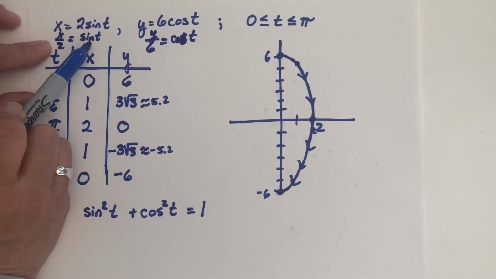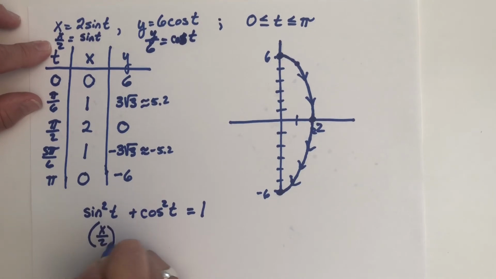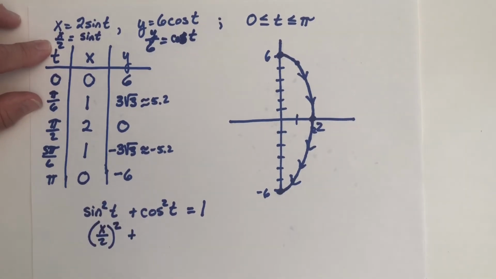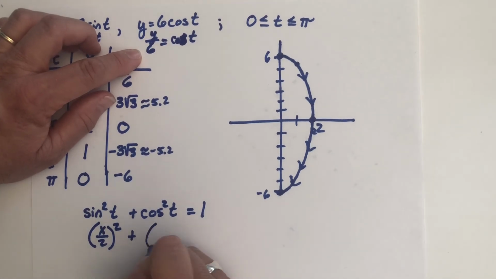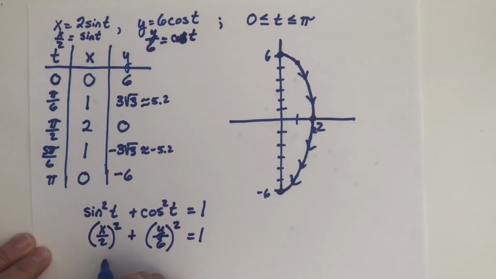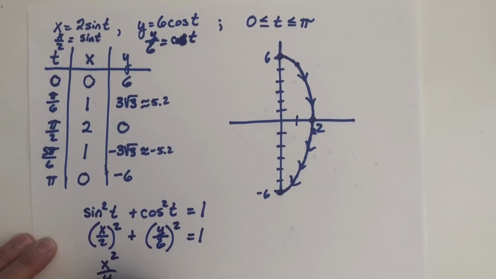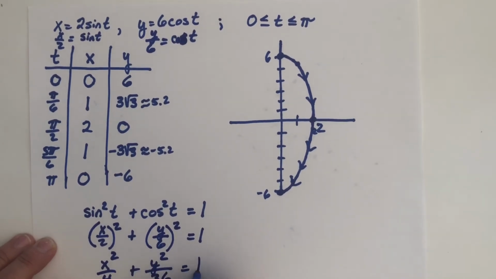So sine is x over 2, so let's write that as x over 2 squared, plus cosine of t is y over 6, and that's squared. Now if we do the squaring, we have x squared over 4 plus y squared over 36 equals 1,